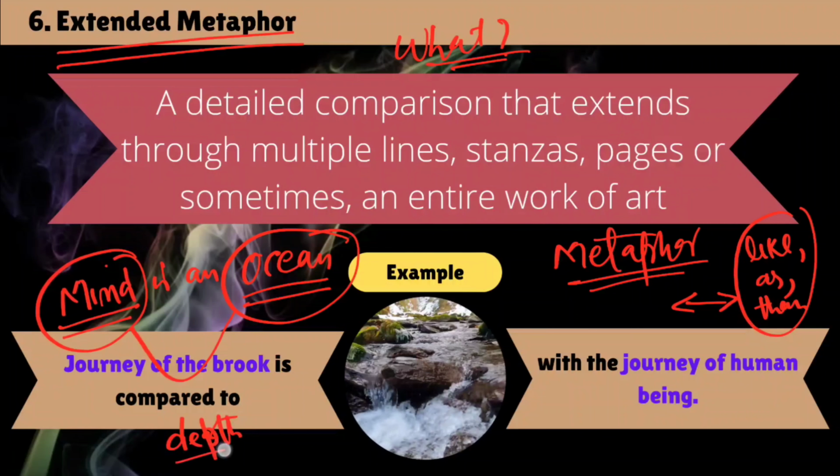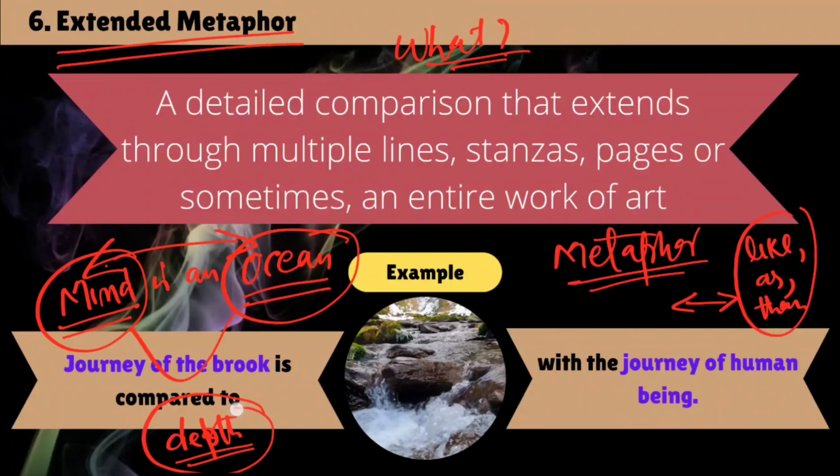Their depth, right? Mind is quite different from ocean, but they are similar in depth, as no instrument has so far been made or invented to gauge the intelligence of a human being,